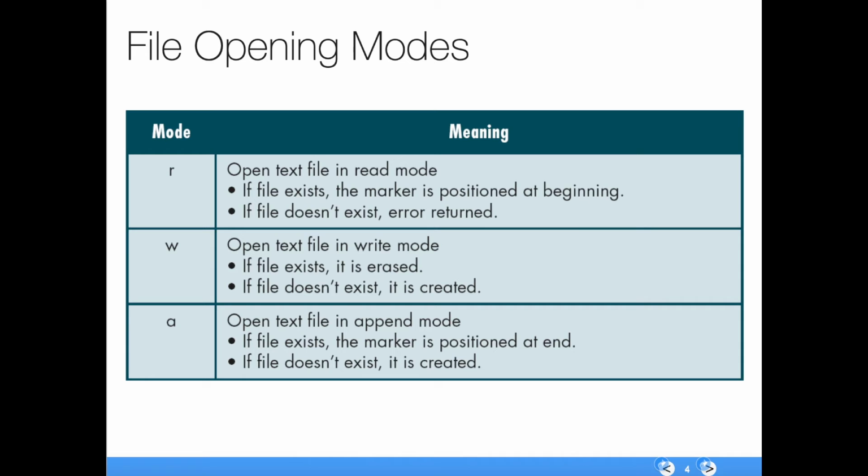So once you create the file stream, then you need to open the relevant file in order to process that information stored in a file. So there are three basic modes for how you can open a file into a file stream. The first mode is the read mode. Read mode allows us to read information from an open file,